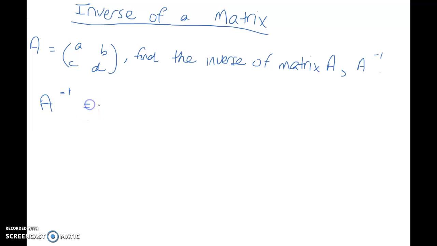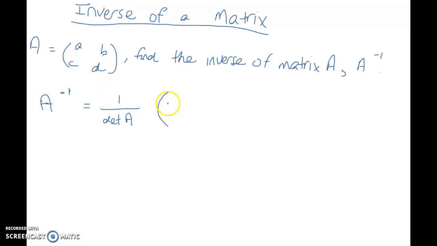So to find the inverse of a matrix, we normally have to define the determinant of that matrix first. So it's 1 over the determinant of that matrix. Then we're going to multiply by a new matrix where we basically switch around some stuff